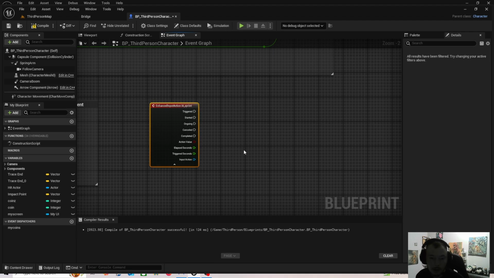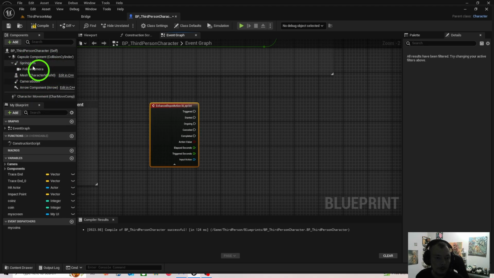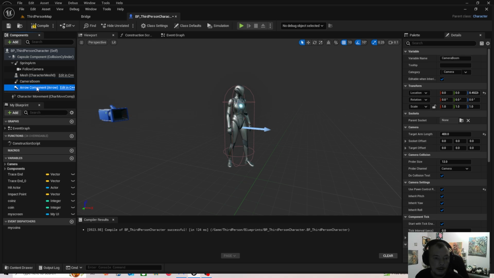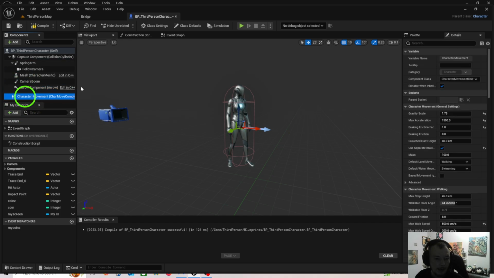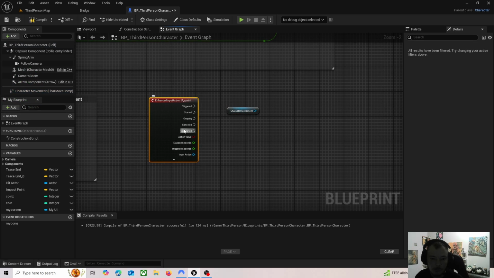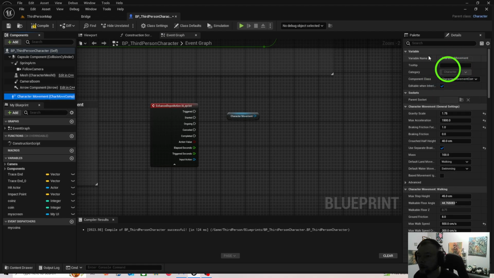So the main thing that we're messing around with in this blueprint is the character movement. So if you come up to this top left here, that's all your stuff. So your camera, your mesh, if you go to viewport, your mesh, your camera boom, arrow component, that just is so you can get translations. That's not too important. And then at the bottom, it's got character movement. So if you go back over to your event graph, if you drag that character movement next to your sprint, right? And if you click on this character movement now, on the right side, this is all your